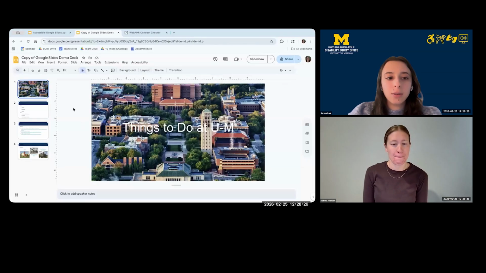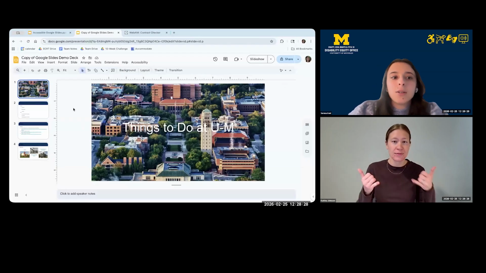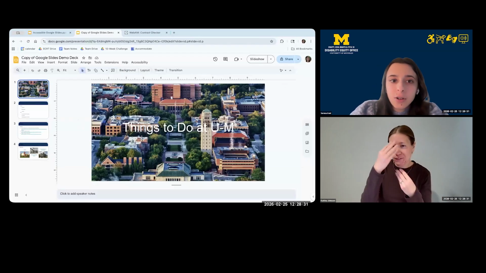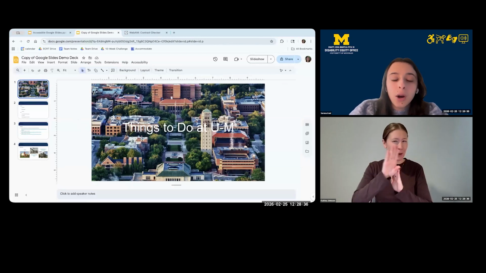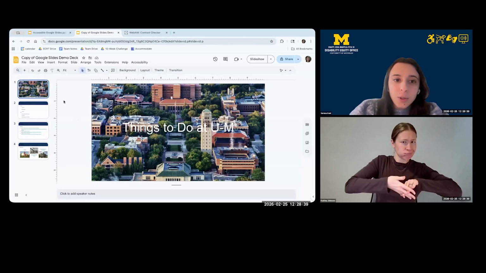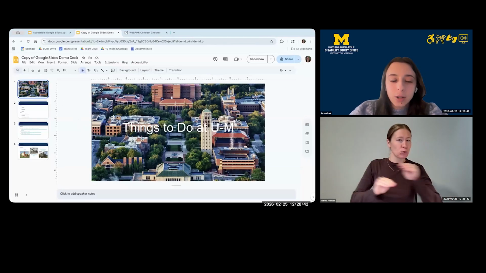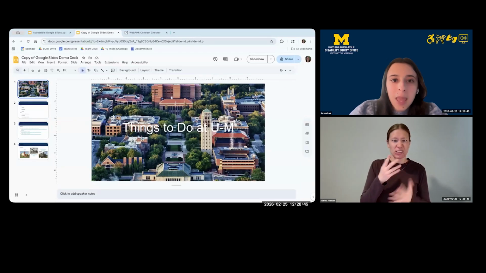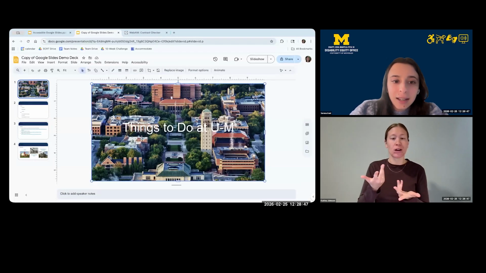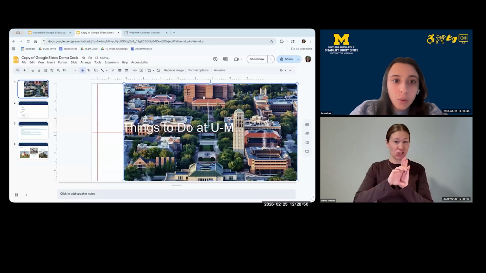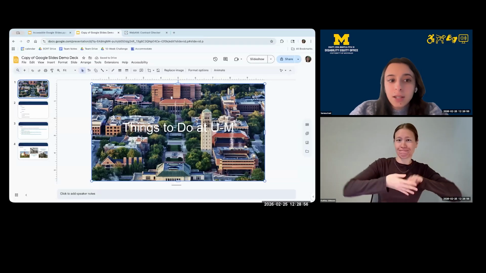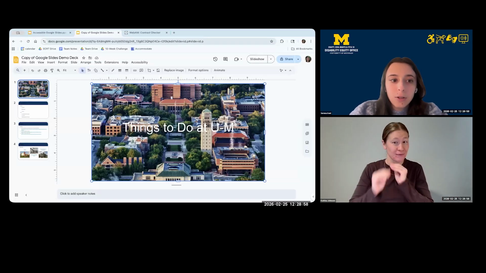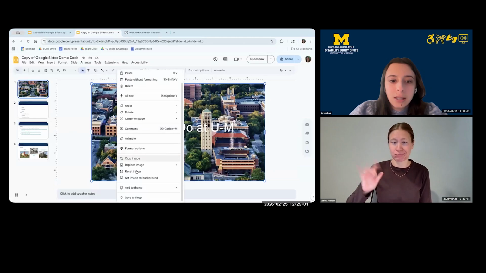Okay, so now I want to check out some of our slide content. So on our title slide, we have an image for our slide background. First thing I want to check is, is this image part of the slide background layer? So is it a decorative element or is it an actual image just copied and pasted on? Because I can actually click on the image directly and move it around, I know that it is not a background image. To fix that, I can right click on the image and choose Set Image as Background.